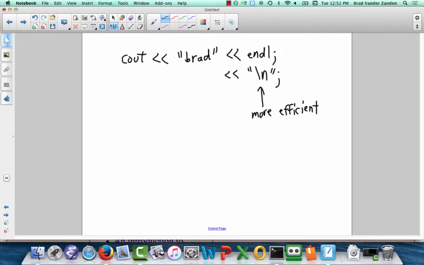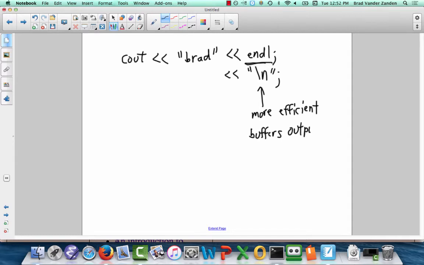The reason is that when you use endl, it immediately forces output to the screen. Okay, so when we use the C++ visualizer, for those of you who took it from me last semester, you had to use endl to immediately force output to the screen. \n buffers